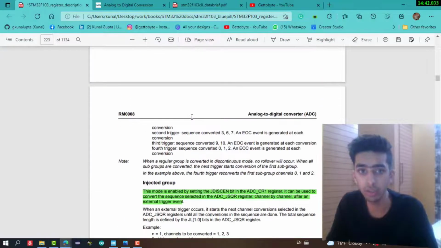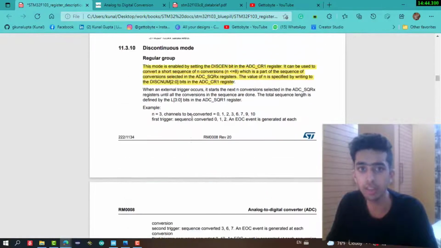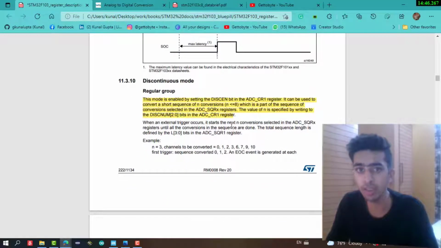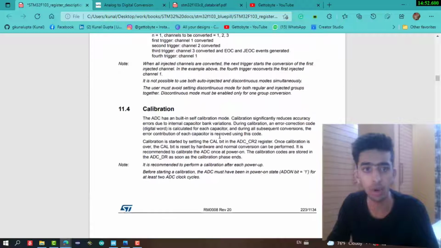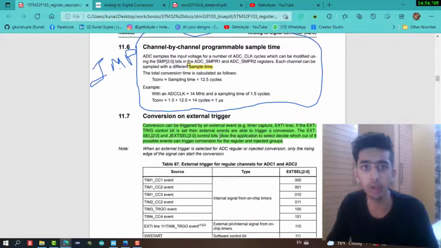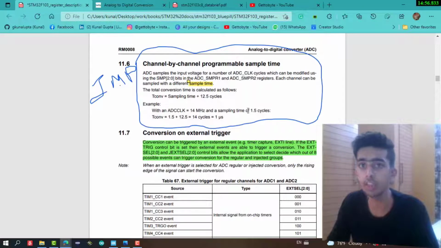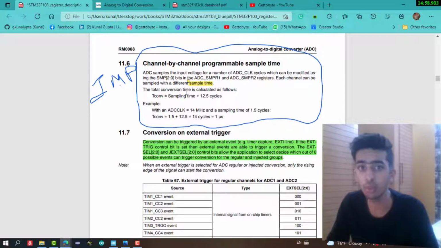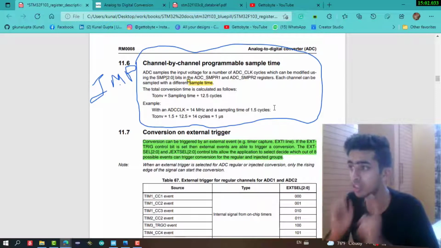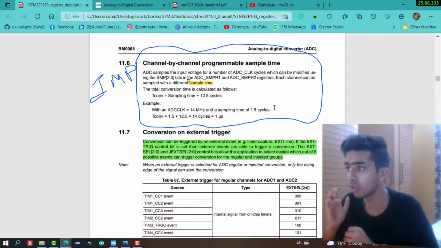Another mode that is also very important is discontinuous mode. We will get to know about it in later videos, where we will understand this mode more deeply. Another very important thing is channel by channel programming of sample time. We can set the sampling time of each channel depending upon the application, the module, or the sensor connected to the corresponding channel.